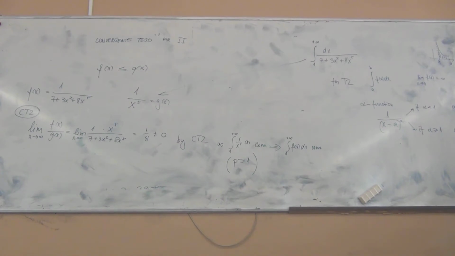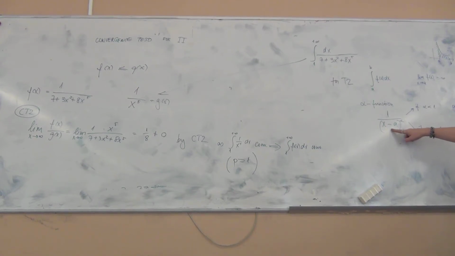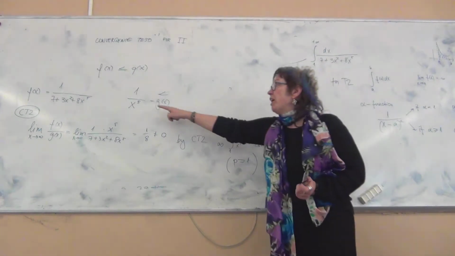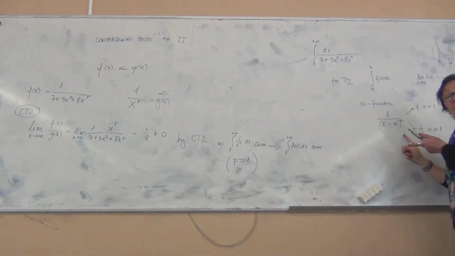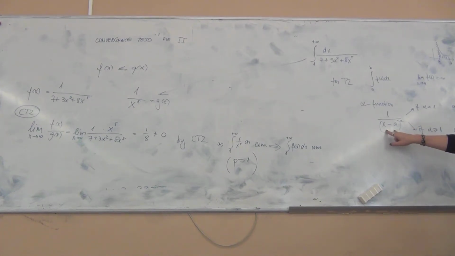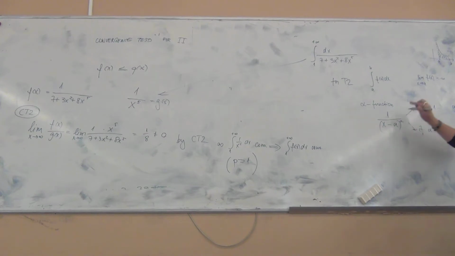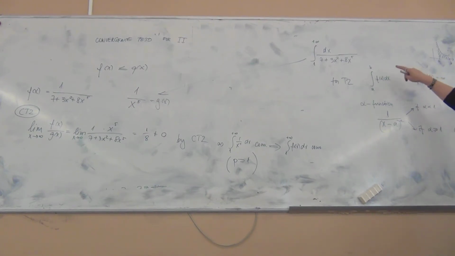This is because we don't have infinity here. At the danger point, at the critical point, we don't have infinity here. We have 0 here below the line. Previously, we were looking at functions that have infinity in the denominator. But in this case, we are looking at 0 in the denominator here. By the way, if we have the critical point on the left-hand side,